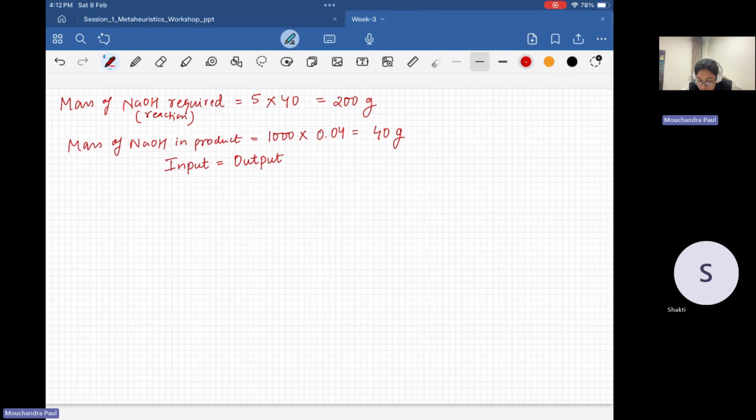Some of the NOH is consumed, right? So mass of NOH is consumed or reacted mass. This is how the mass balance equation would look like. So input will be equal to, we know,